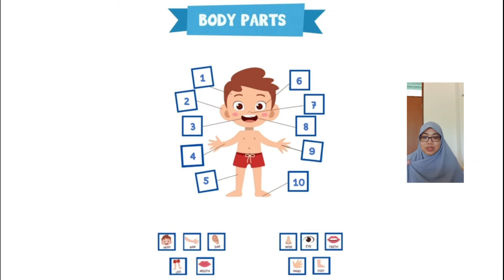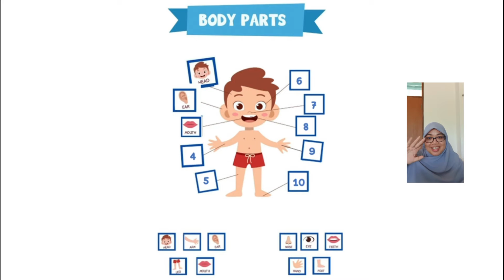So I asked you to find the name of each part of our body. Let's see. The first part is head. This is head. And the second part is ear. And the third part is mouth. And the fourth part is your